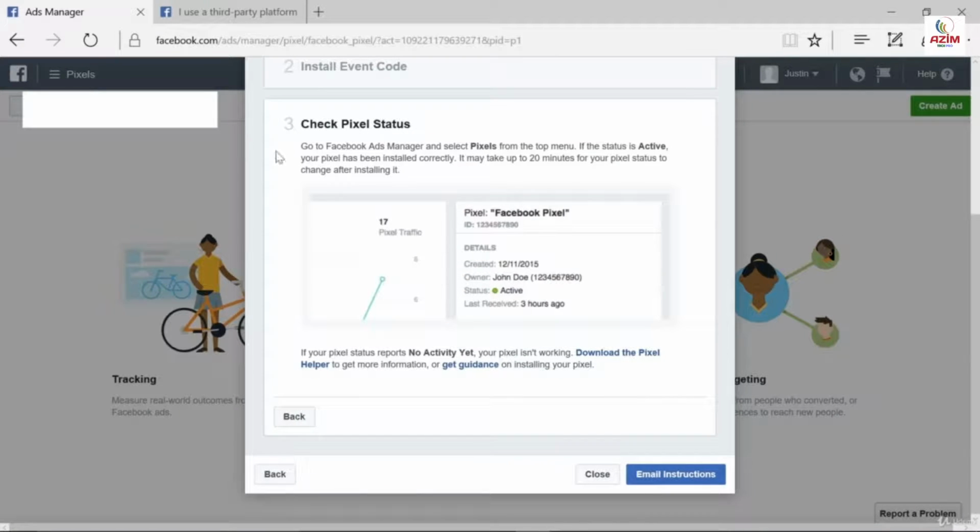Now we want to check our pixel status. So we'll go to our Ads Manager and select Pixels from this drop-down menu to see if the status is active. It may take up to 20 minutes for your pixel status to change after you install it. Now if your pixel status reports no activity yet, your pixel isn't working. So you'll then need to go to the Download Pixel Helper page. It's at